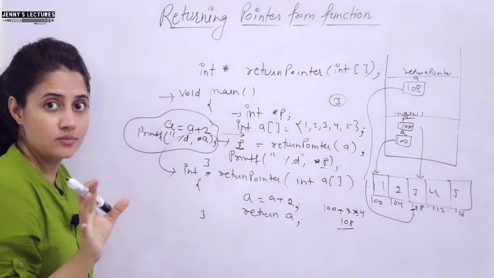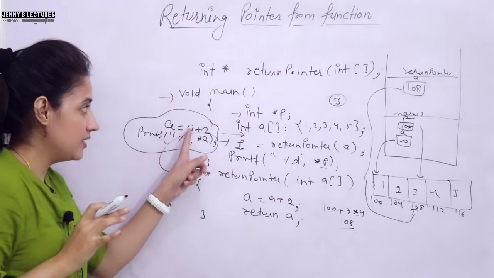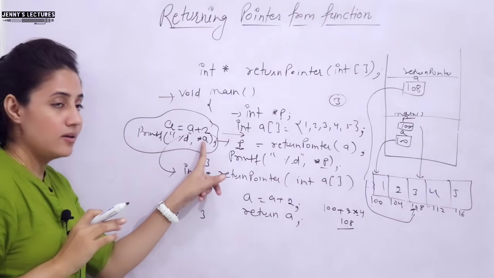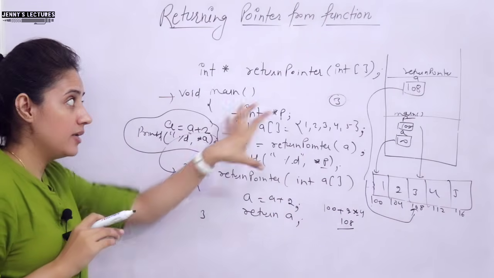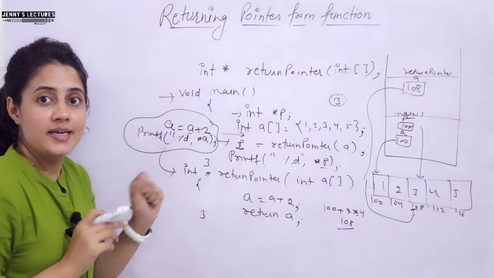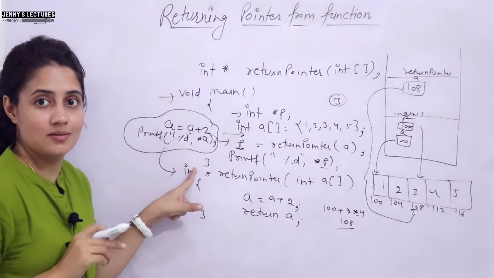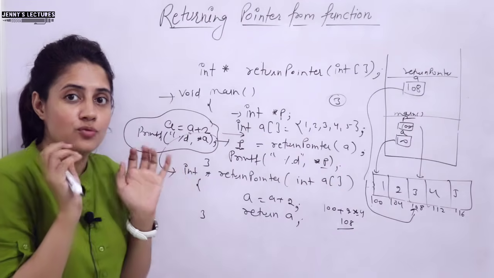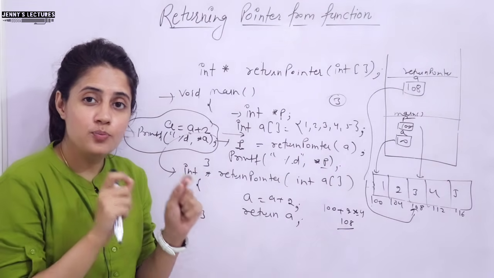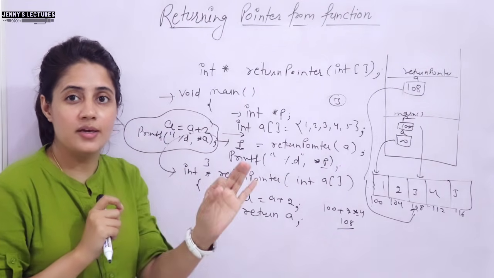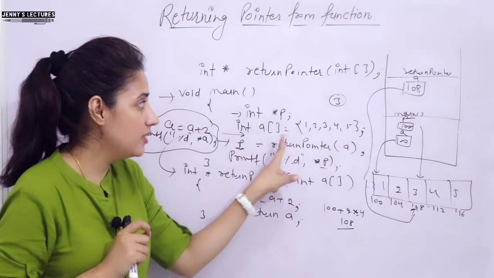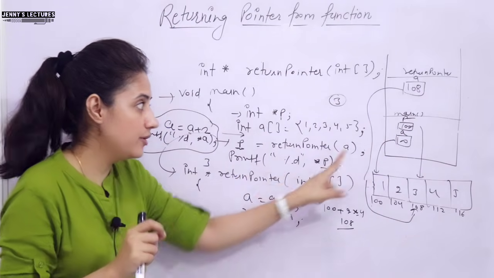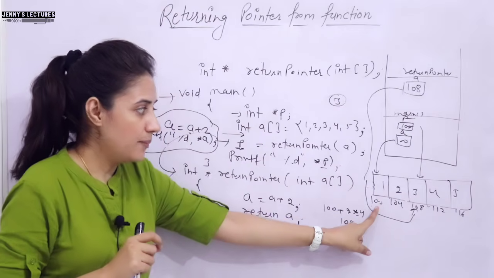Please think about it. What will happen if I increase a here? I am incrementing a and printing a asterisk a after incrementing in this main. It is not allowed, it will give error. Why so? Because you have to put this point in your mind very carefully, that this a, the name of the array, is a constant pointer